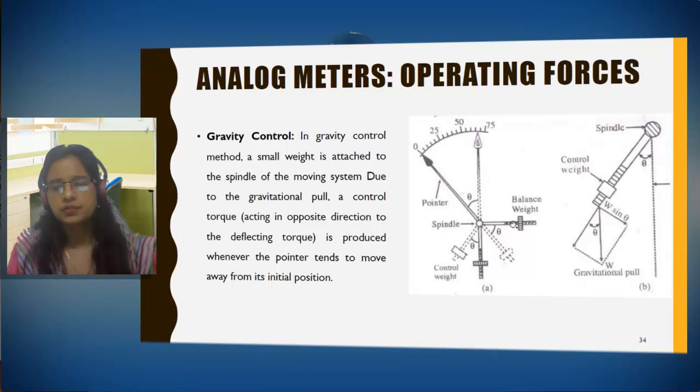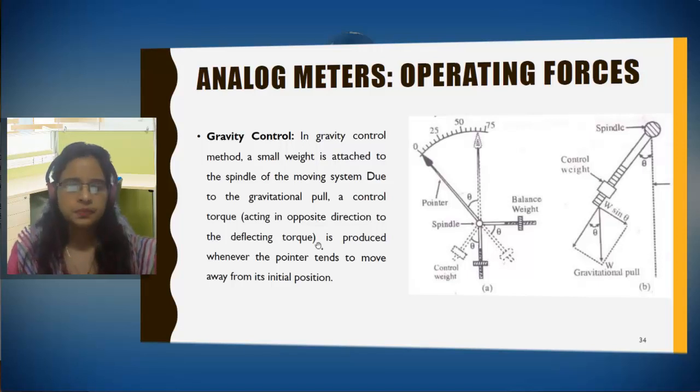This is the spindle. A small weight is attached to it. Due to the gravitational pull, a controlling torque acts in the opposite direction to the deflecting torque. This is the deflecting torque. If this is the rest position, then whatever is letting the pointer move from here to here, that is the deflecting torque. The force which is again bringing it back to this position is the